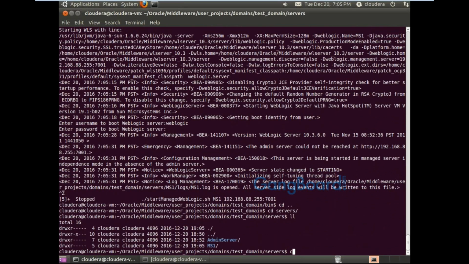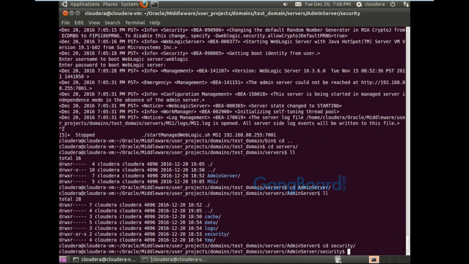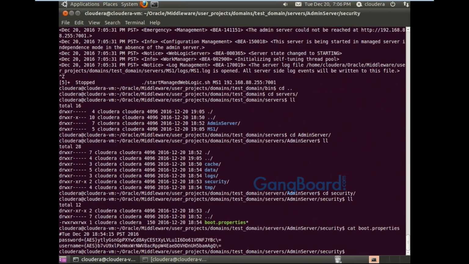If I go into the admin server, cd admin server, security, and cat, look here, the password which we gave last time is now encrypted. After he verified the password, he encrypted the password.